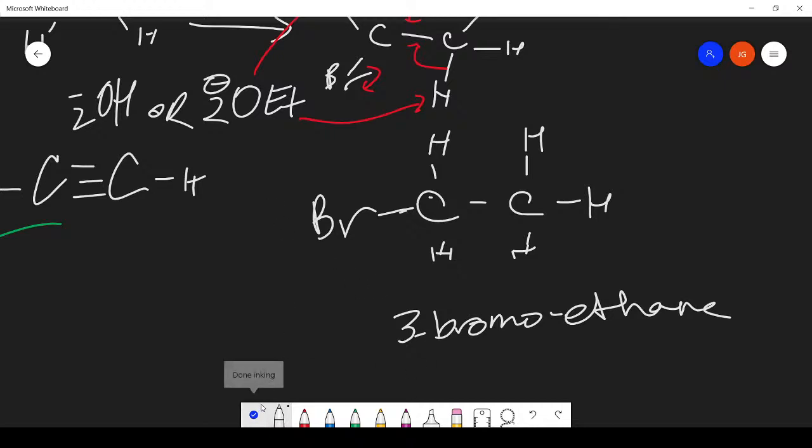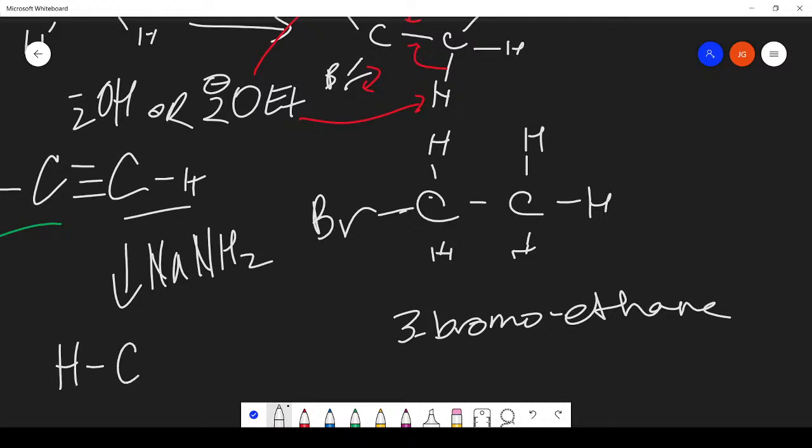So from here, okay, we're almost there. But again, this is not a good leaving group. So this can do SN2. This is just not a good leaving group. So we would need to deprotonate it. Deprotonate this. We can do that. There's one thing that can deprotonate an alkyne, and that would be NaNH2. This can do it. So if we treat that with NaNH2, we get,